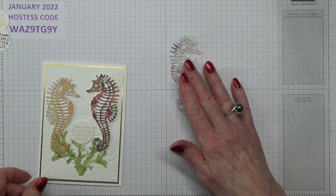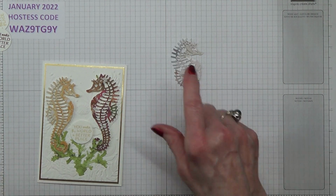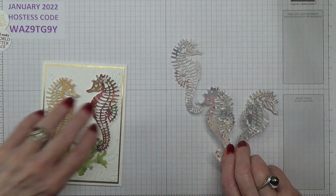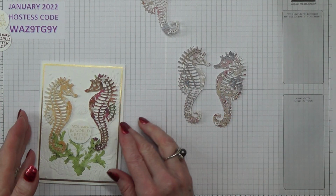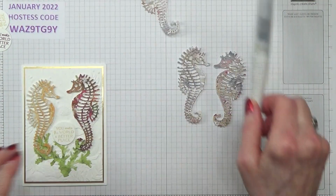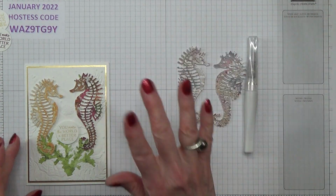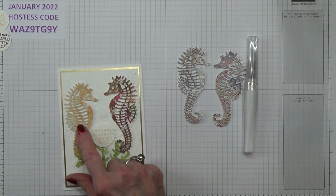Right, so there's this one, and I have got him on one backing. Here I have the two that I have prepared ahead of time. That one I've already painted with Wink of Stella, and I will go on to do that one. He's going to be used for another one with that one. I'll do another card, not now. But another idea that I had with this one